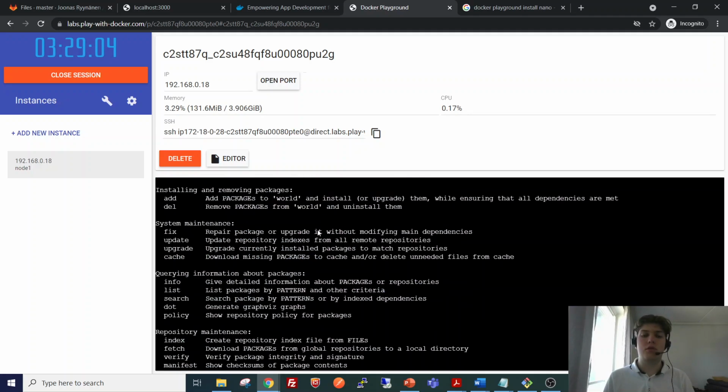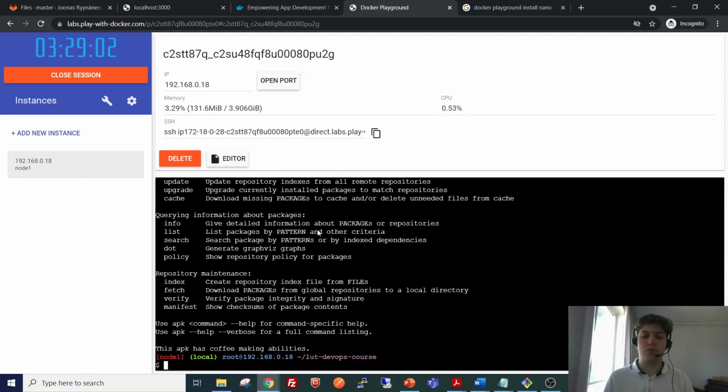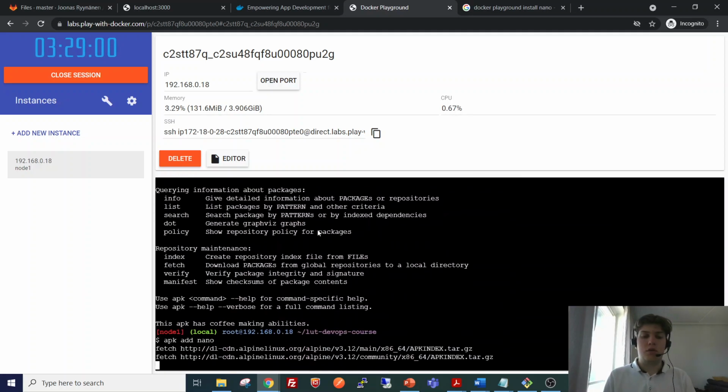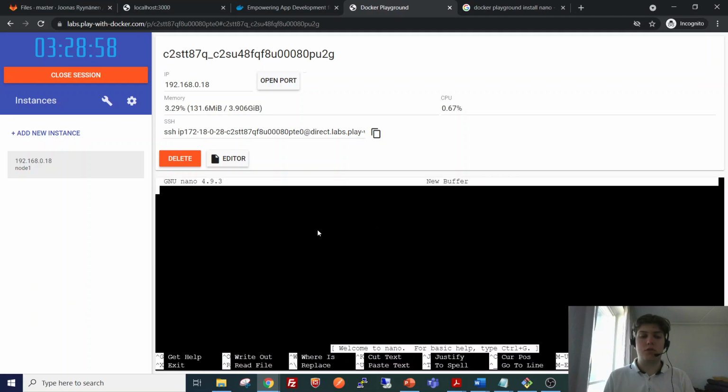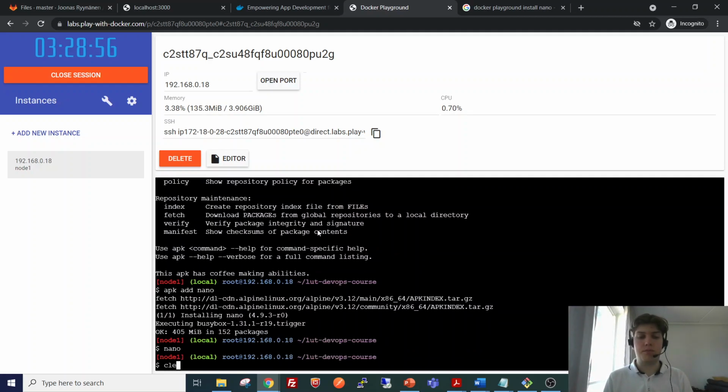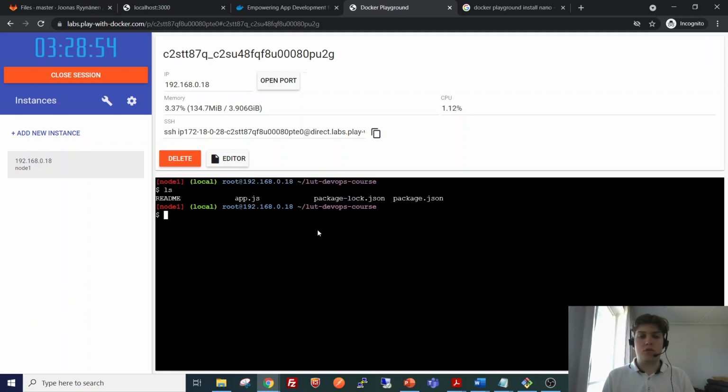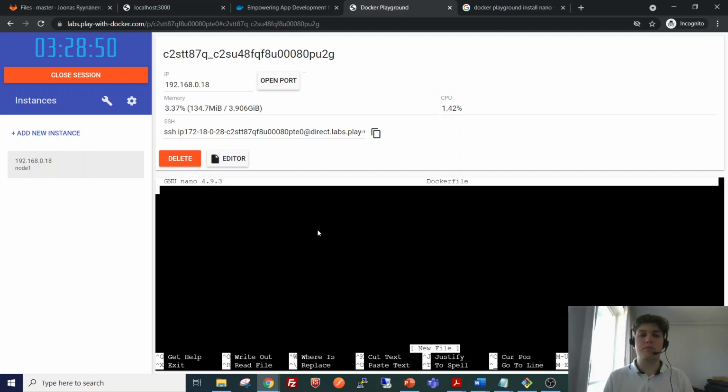Okay, this has apk, so maybe we can add nano like this. Okay, now we have nano here. So now we can go ahead and create a Dockerfile.